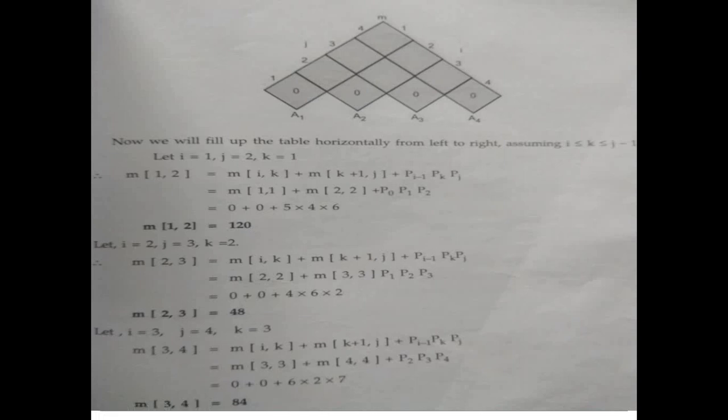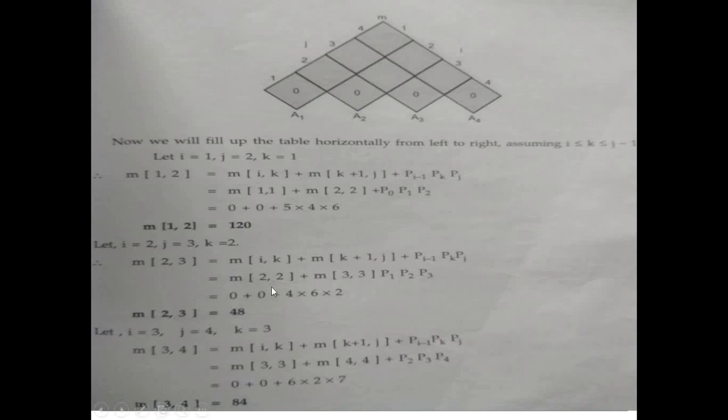Okay, now let's calculate multiplications for 2 and 3. In that case, for 2 and 3, i will be 2, j will be 3, and k will be 2 here. So from 2 to 2 and 2 to 3, two multiplications will be needed, meaning the multiplication of 2 only, the multiplication of 3 only, and the summation of both of them.